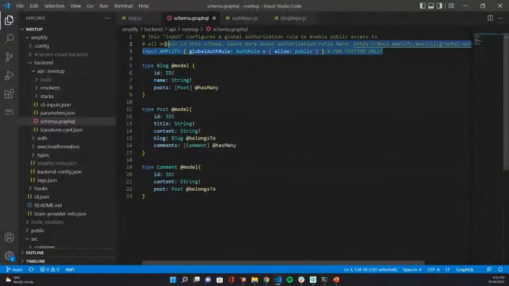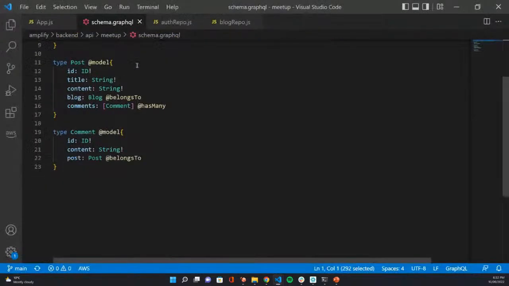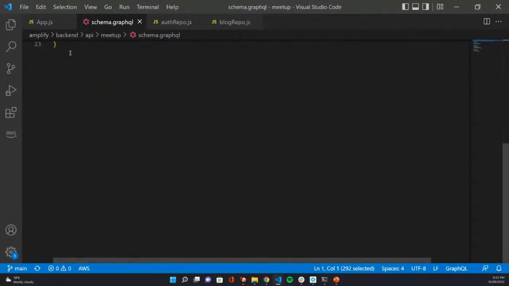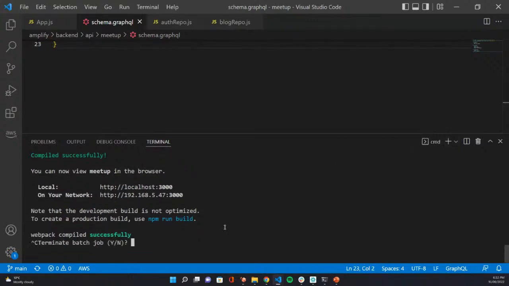You can ignore this at the top. So is that big enough? Let me zoom in a bit. You can ignore this at the top. You can ignore what we've done already. Let's just say you go into your, let's kill this. Yes, Amplify